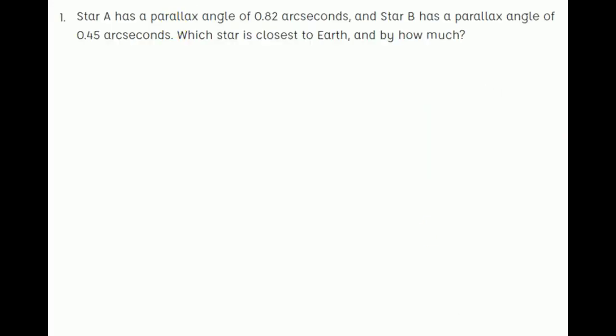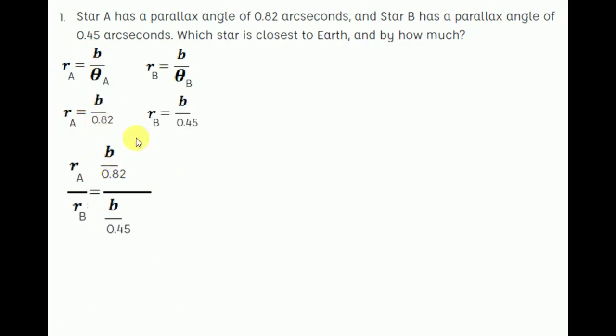Okay, next question. So there are two stars A and B, and the angle of one star is 0.82 second and angle of another star is 0.45 second. So we have to find which star is closer to the earth. So now let's take the formula. So we know the distance is basis by the angle. So for earth, basis will be equal, so I'll put the value of angles. And when I divide RA by RB to compare the values,